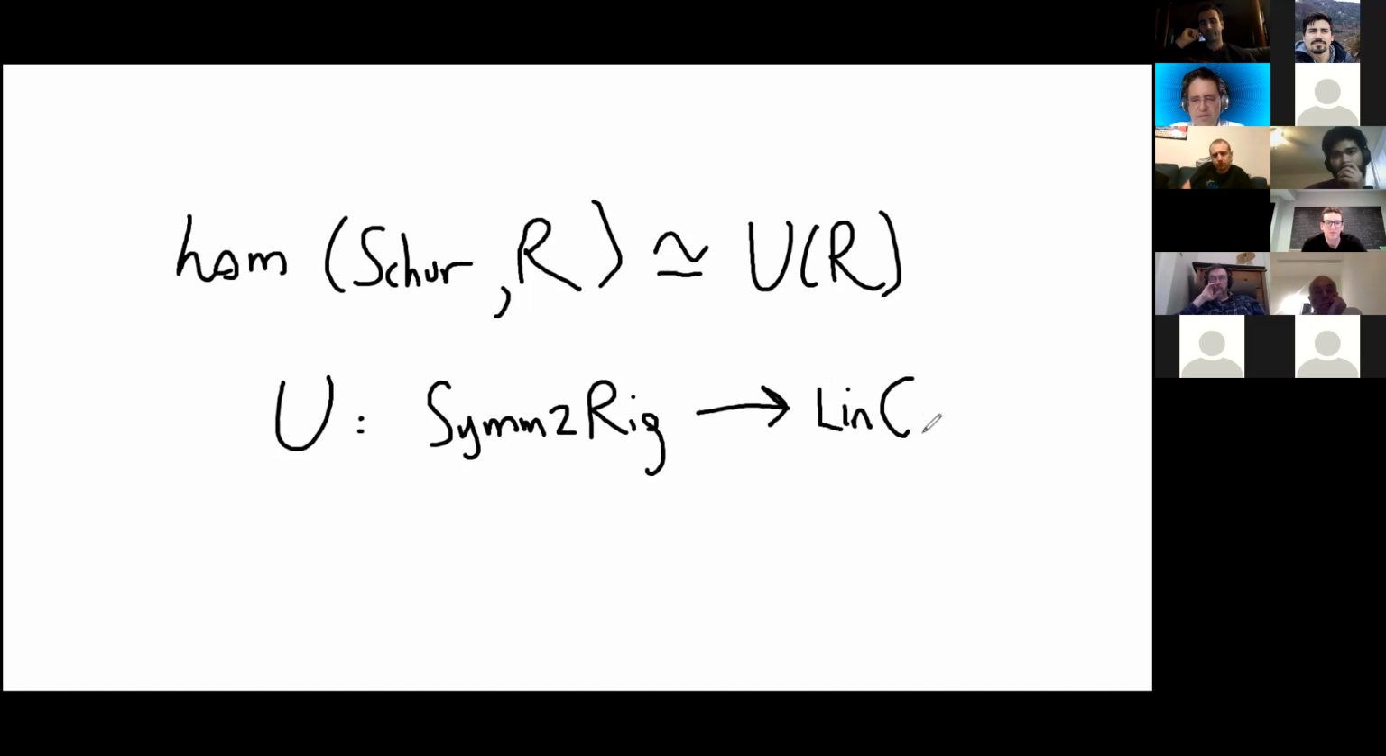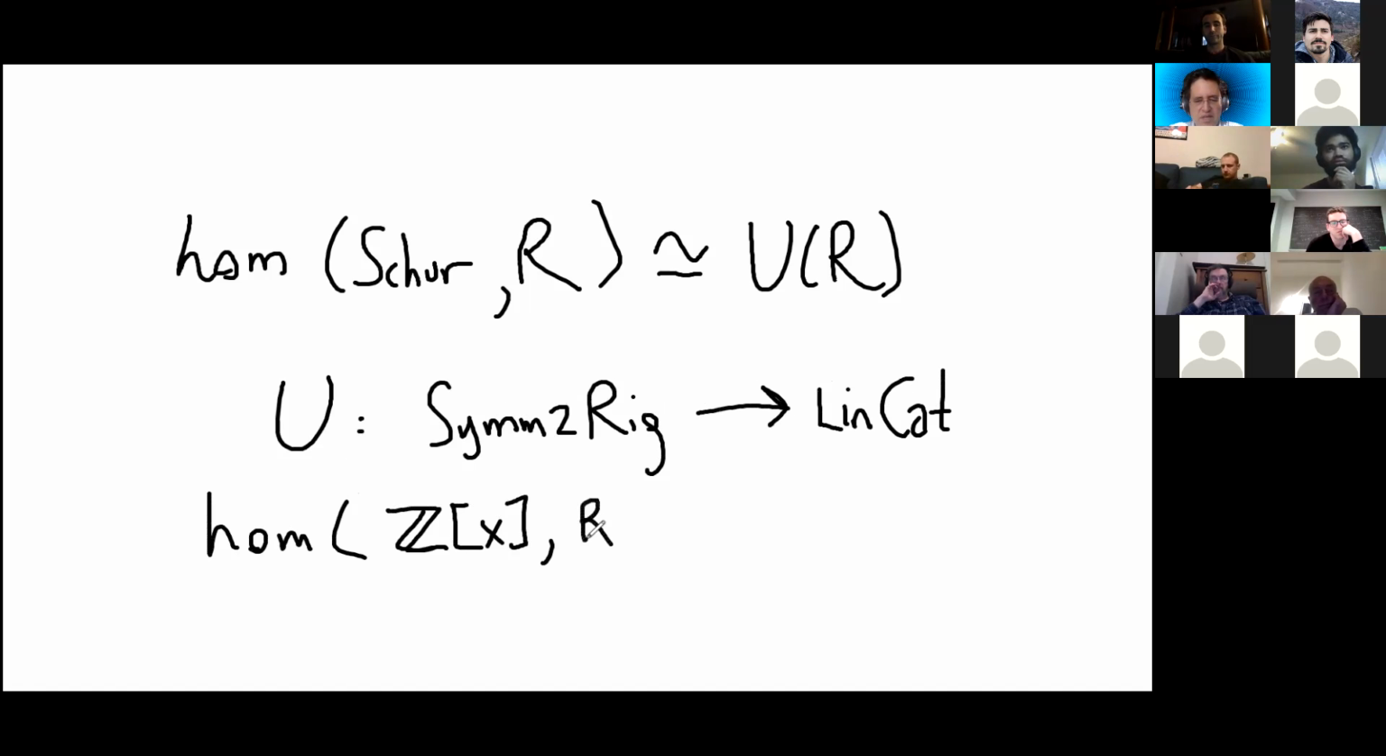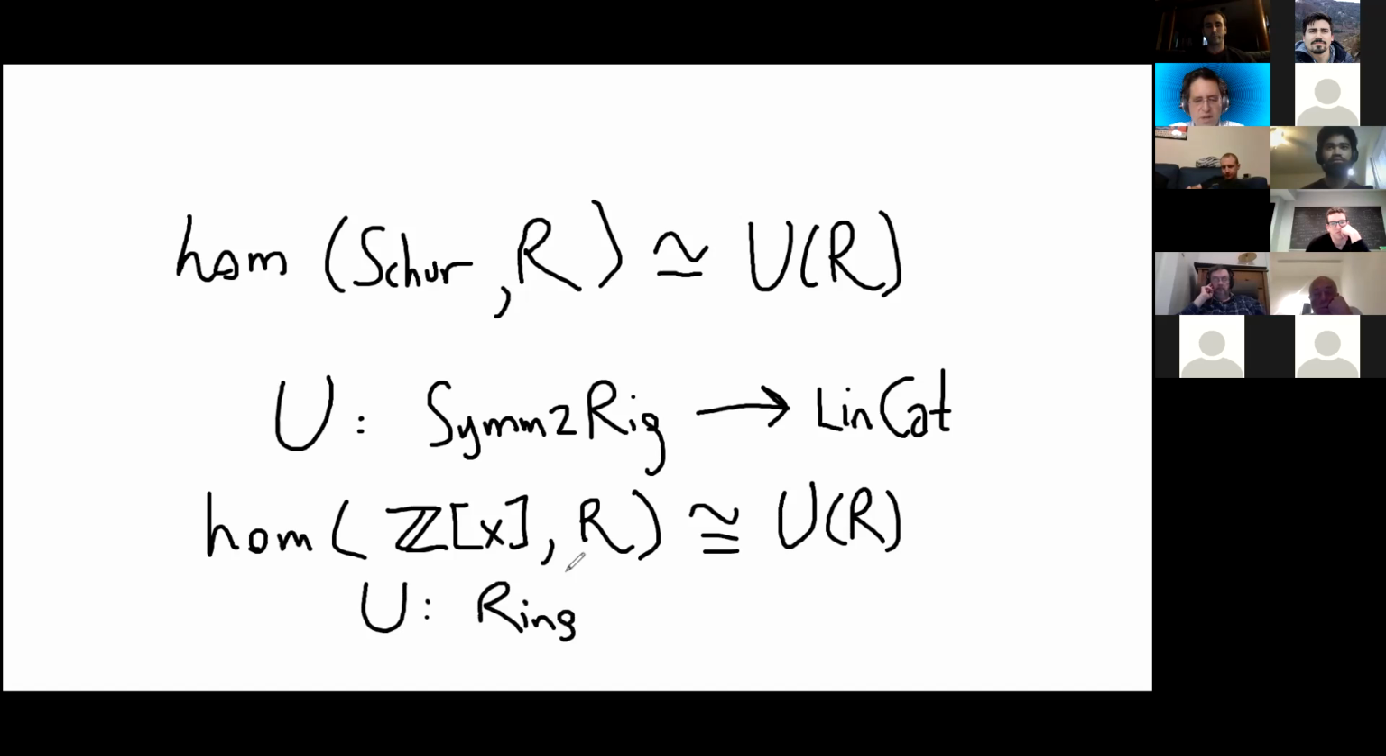So there's some two, yeah, something like that. So that's all supposed to be a fancification, a fancy version of something like this. If I had a commutative ring, the set of ring homomorphisms from Z[x] to R is isomorphic to U of R, where, to be a little bit pedantic, U of R is the underlying set of